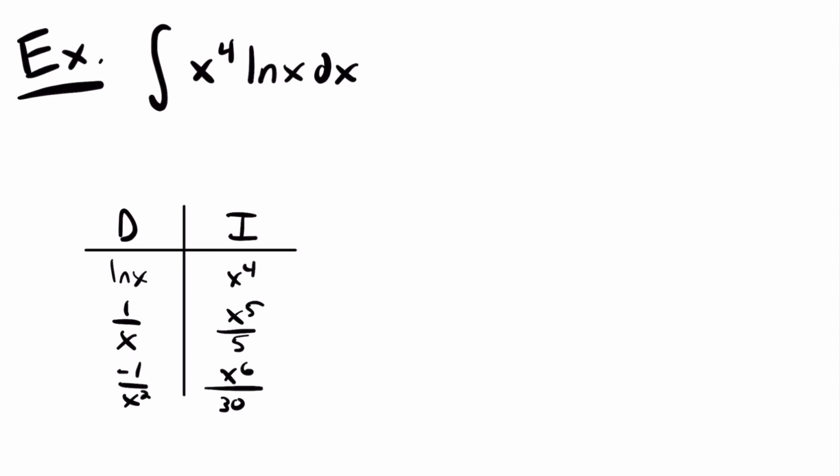because if you notice, this is going to go on forever, right? We're never going to hit 0 in either column. If we keep integrating this term, the power of x is just going to get larger and larger, and our denominator is also going to become a bigger number. And then if we keep taking the derivative in this column, we're just going to get smaller and smaller expressions where the x in the denominator is going to get a higher and higher power. And so these are never going to reach 0, and they're also never going to represent a product that will match what's in our integral, like with the previous example, right? We would need the natural log of x to show up somewhere in either one of our columns, but that's